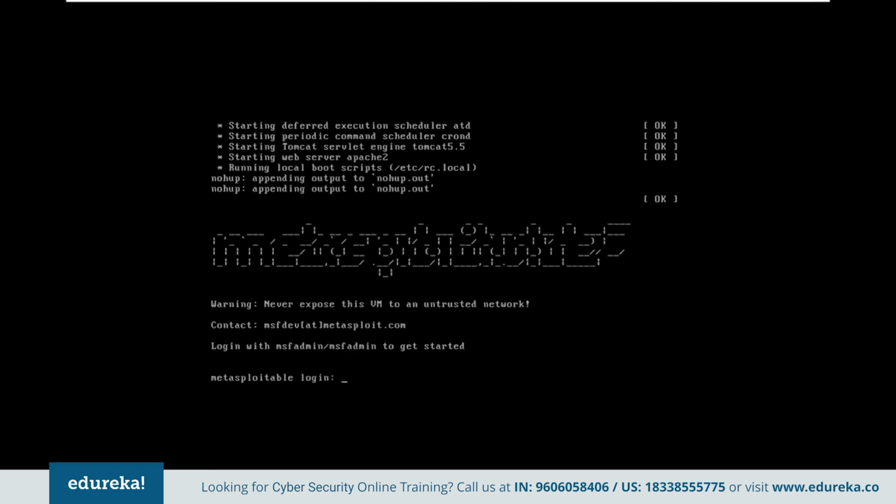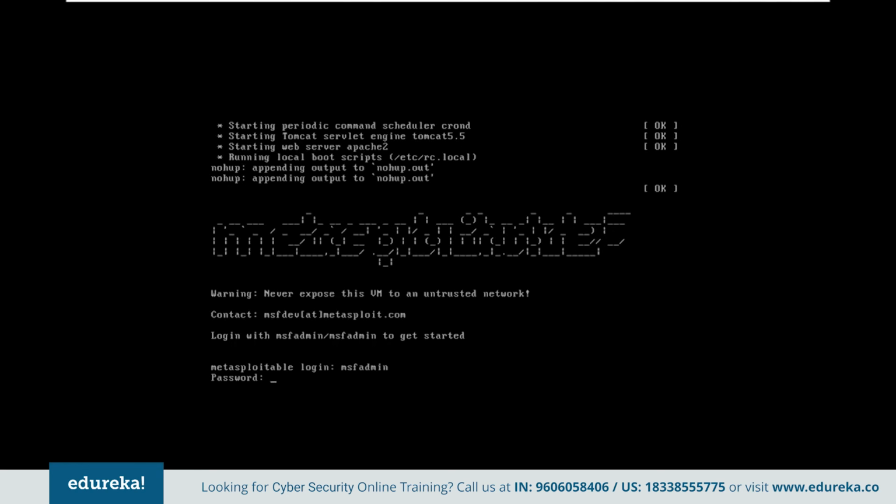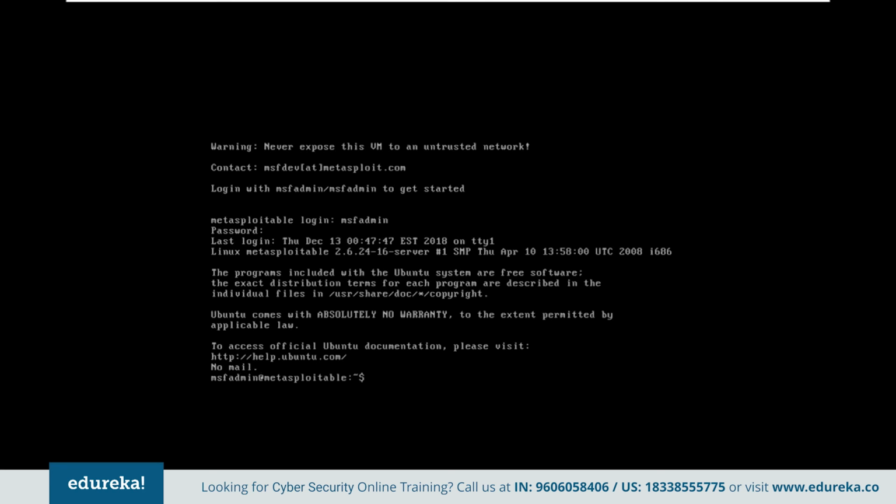So as you can see, it's ready and it's asking for login. The login is msfadmin and the same goes for the password. So let me try msfadmin and the password msfadmin again. Okay, I'm successfully logged in.